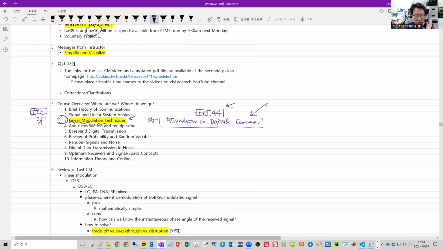So this chapter is very, very important. Most modern, contemporary digital modulation techniques are linear modulations or little variations of linear modulation. So understanding this topic is so important. Anyway,